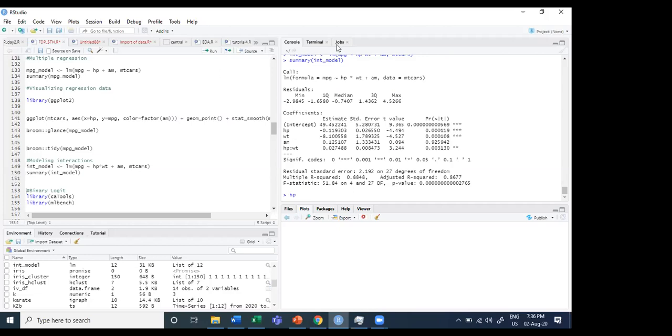So the house is open for any discussion on multiple regression, as well as on correlation, simple correlation, and